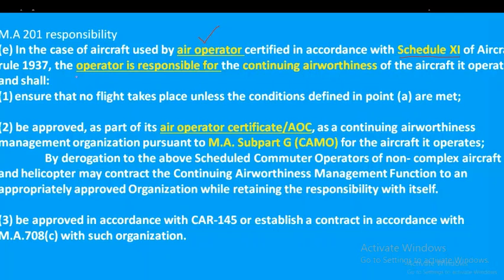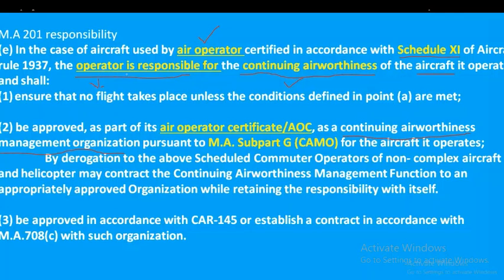So the operator's responsibility is to keep the aircraft in a continuing airworthiness state. Remember, here the operator's responsibility is to keep the aircraft in a continuing airworthiness state. Here DGCA mentioned the responsibility, but who monitors and manages the continuing airworthiness of the aircraft, whether it is in a continuing airworthiness state or not? That is the continuing airworthiness management organization. So one operator needs a CAMO approval,